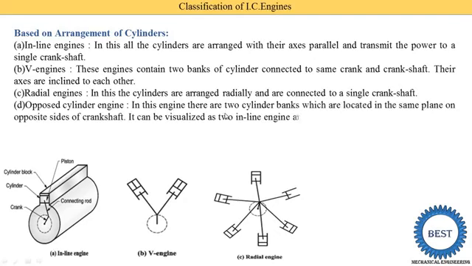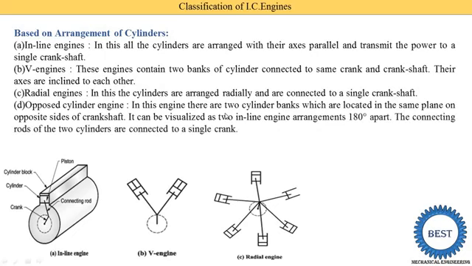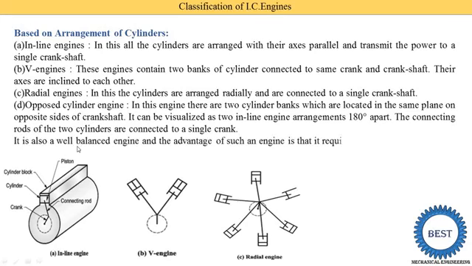In this engine there are two cylinder banks which are located in the same plane on opposite sides of the crankshaft. It can be visualized as two inline engines arranged 180 degrees apart. The connecting rods of the two cylinders are connected to a single crank. It is also a well balanced engine, and the advantage of such an engine is that it requires no cylinder